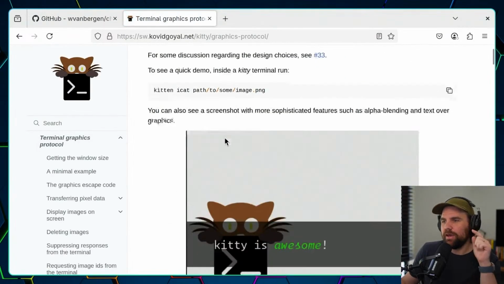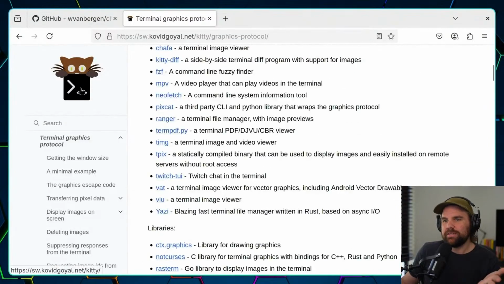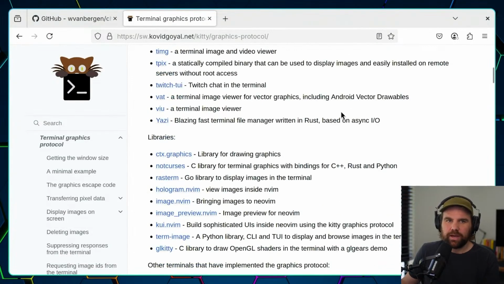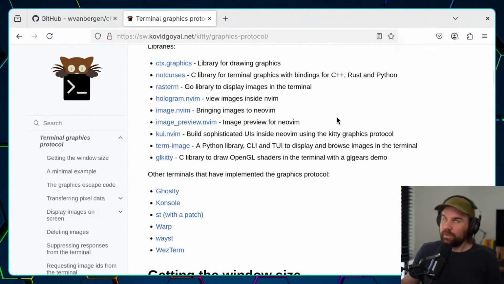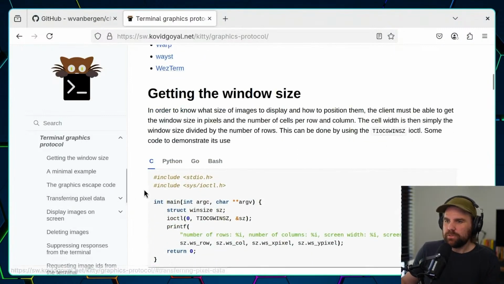Kitty is a terminal, kind of like iTerm2 or Terminal, or Ghostty. Both Ghostty and Kitty support the Kitty graphics protocol, I don't know if iTerm2 does, and it's a way for you to render images in the terminal.